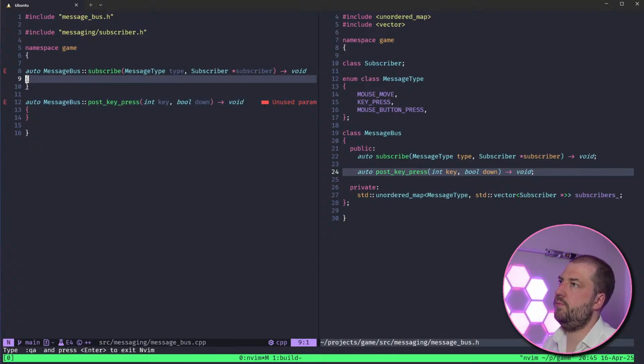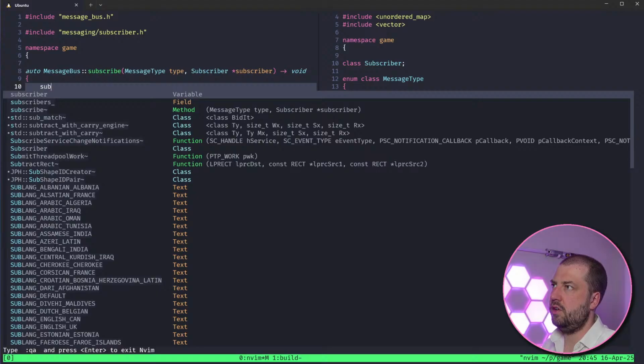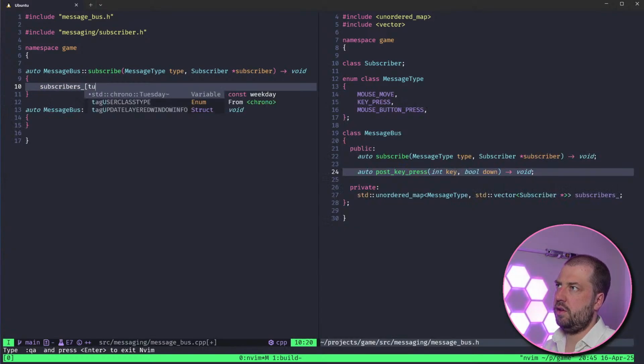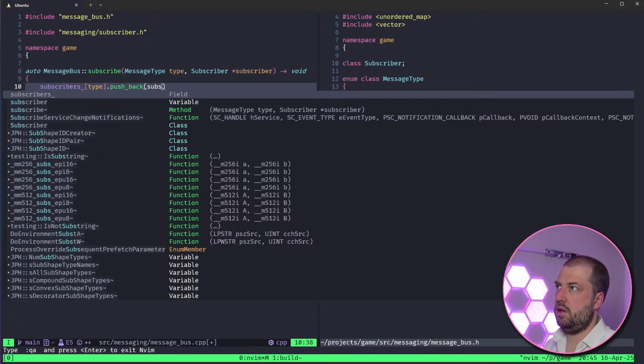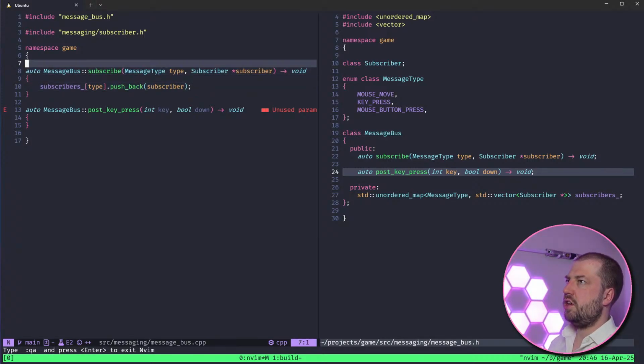So I guess, do we care if they are already subscribed? I think the answer is no, because you're just registering an object. So I think it's probably fine just to do subscribers type dot push_back subscriber. Oh, wait a minute. I just realized what I've said. Yes, they will receive the message twice. So I think we want to